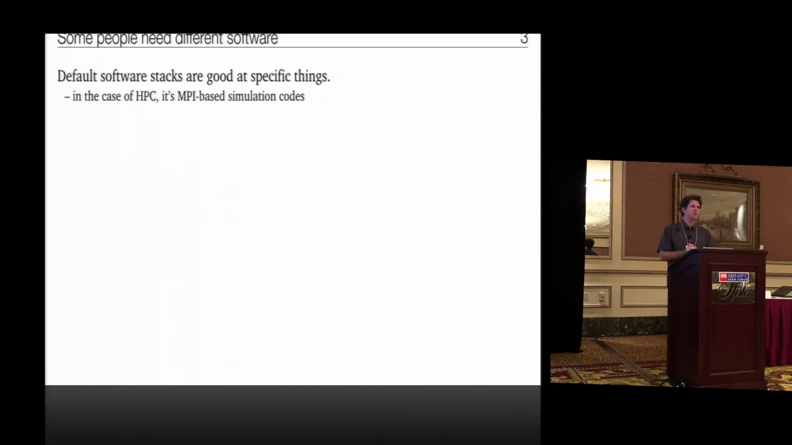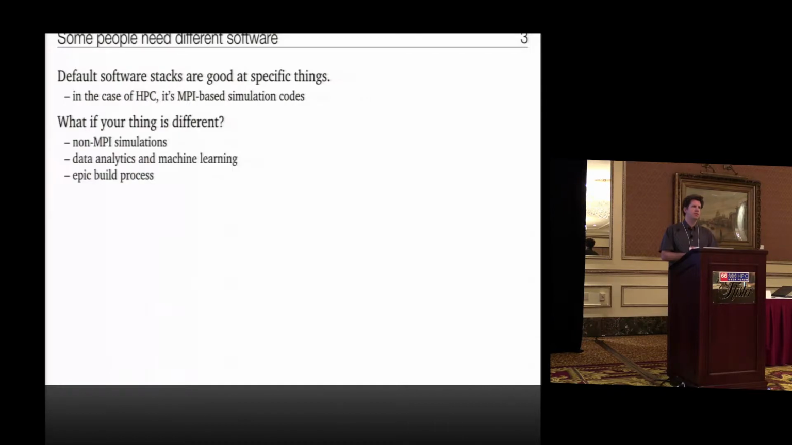So the premise here is that some people need different software. On HPC systems, the software stacks that the admins tend to put in by default are good at specific things. And for us, that's MPI-based simulation codes. We're quite good at that. But if you have something that's different, for example, you have a simulation that's not MPI, data analytics and machine learning is something we've been talking a lot about here. Or if what's different is that your build process is insane,